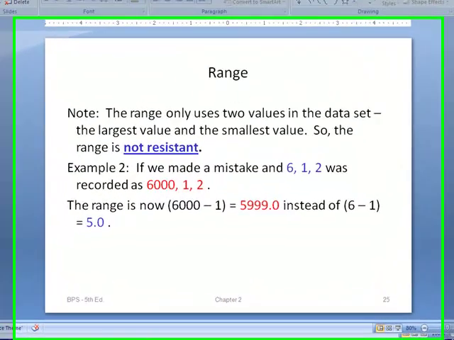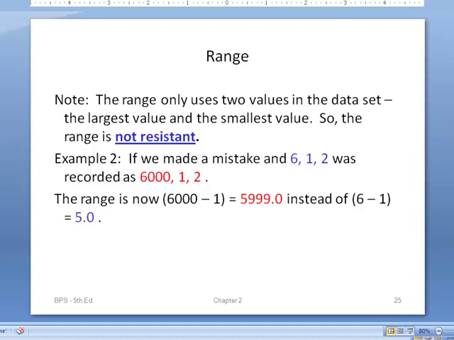Now the range is not resistant. Look what happens with the same example. If we had 6,000, we put 6,000 instead of 6. We would now have a range of 5,999 instead of 5. So that's quite a bit of difference there. So the range is not resistant. So let's